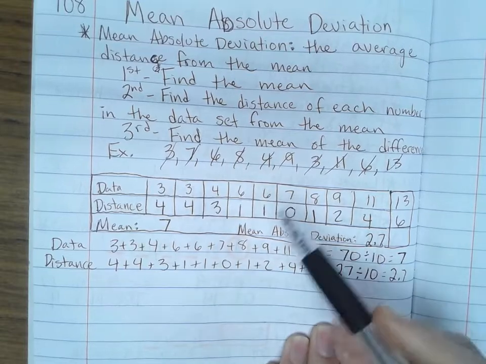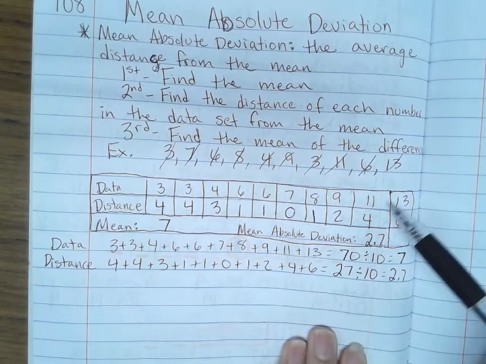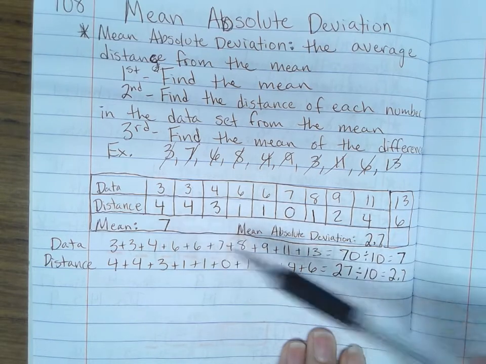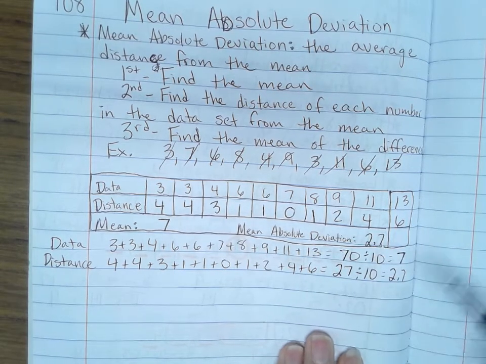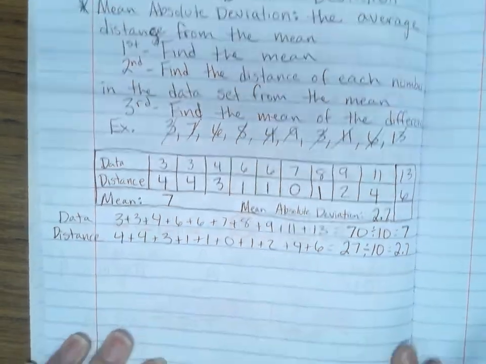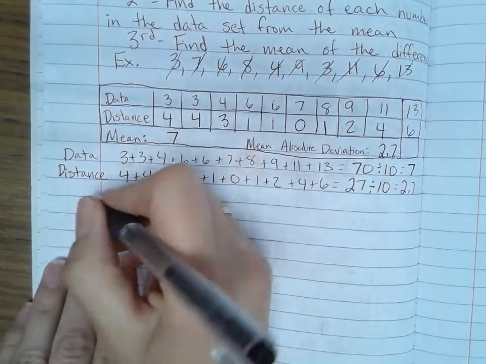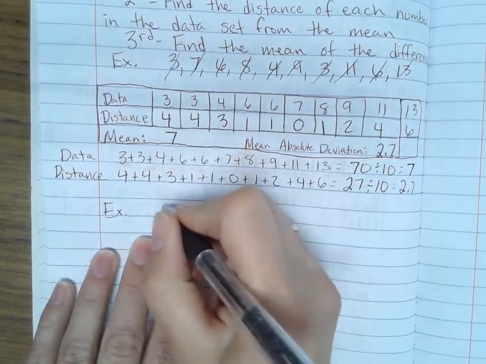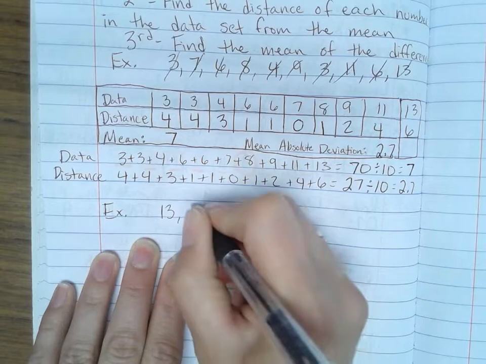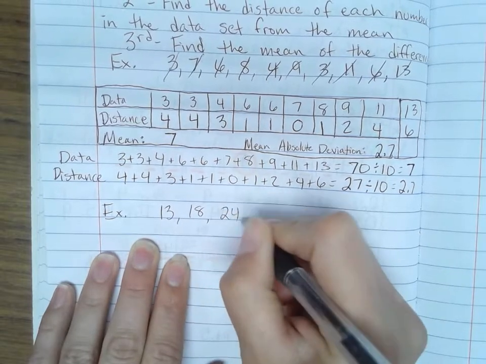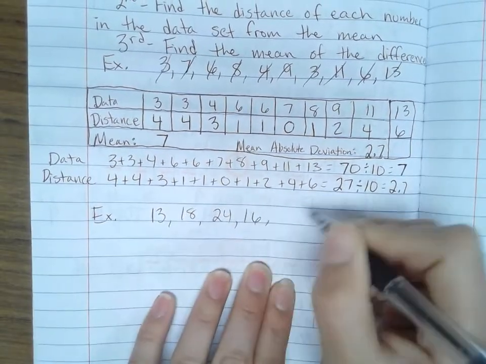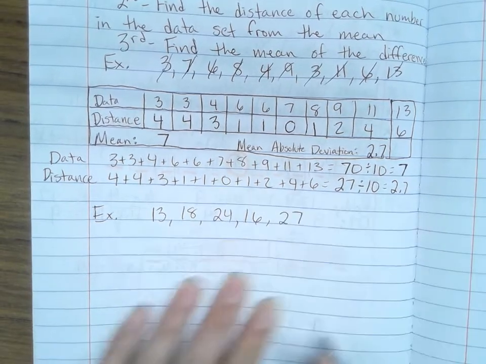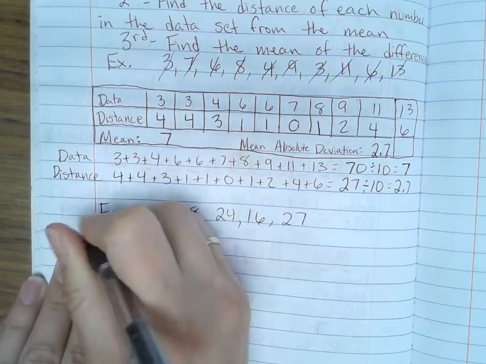That means that our average distance from the mean, so the average distance each number is from the center, is about 2.7 units. Okay, we're going to do one more example. Let's say we have 13, 18, 24, 16, and 27. Okay, so first let's do our data